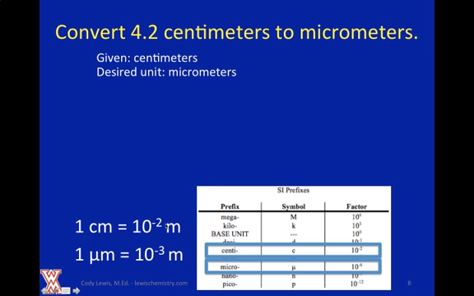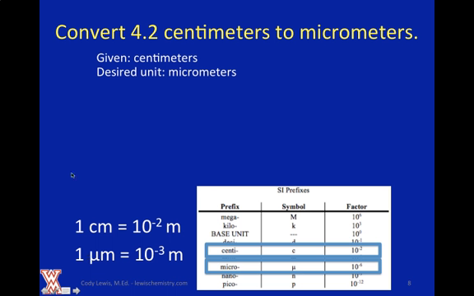The base unit in that equivalency factor gets the exponential factor, the meaning of the prefix. So centi means 10 to the negative 2 meters. The other one we're going to have is 1 micrometer. Remember, micro is a prefix, so it gets a coefficient of 1, equal to 10 to the negative 3rd